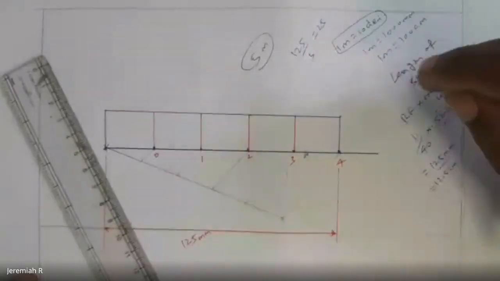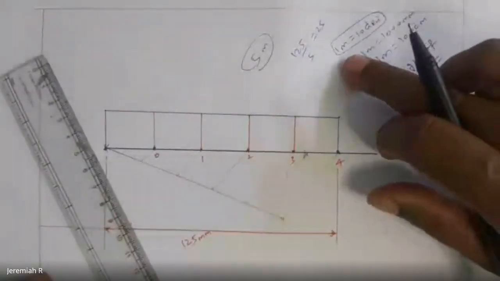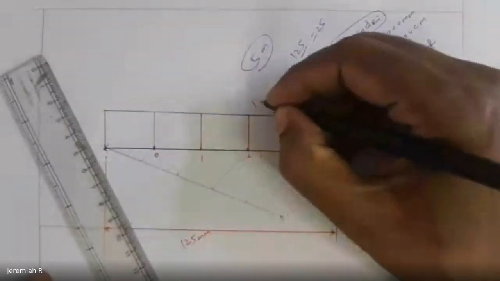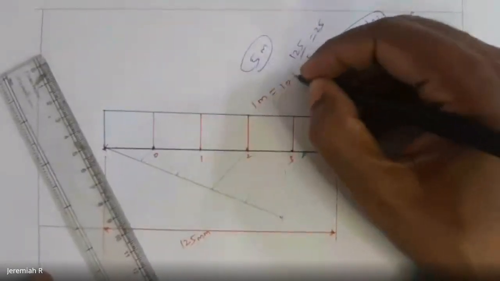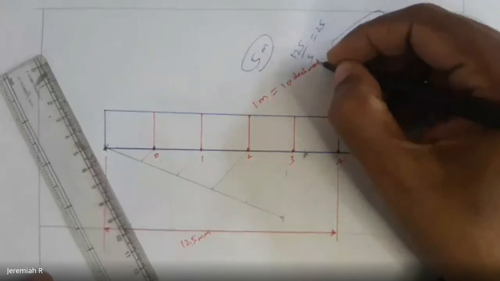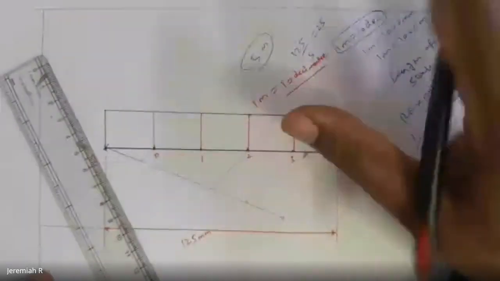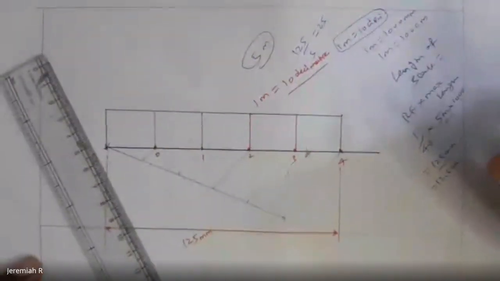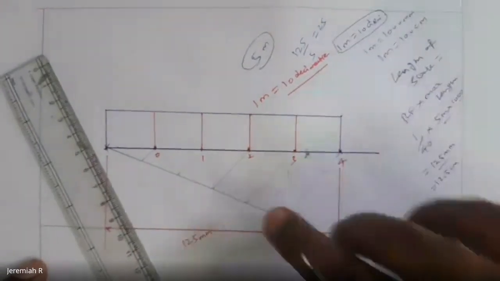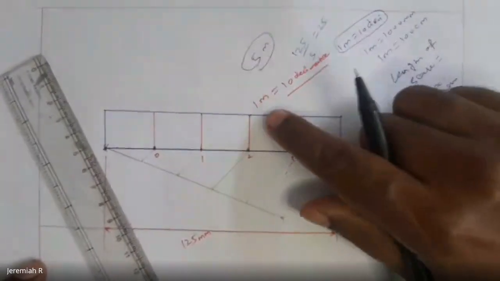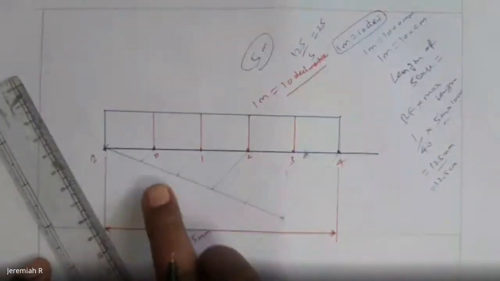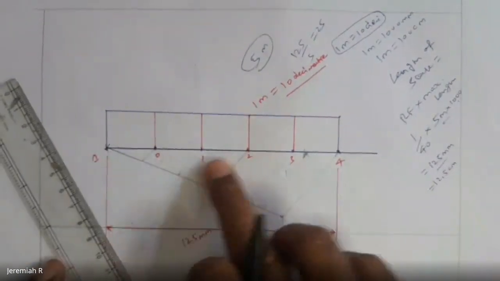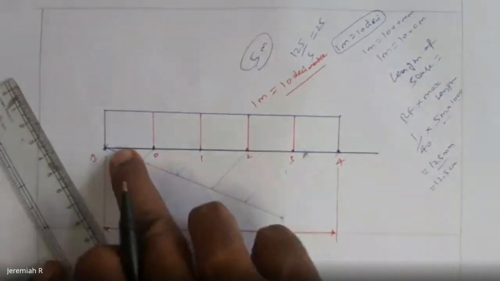So we already know 1 meter is equal to how much decimeter? You have to remember this. 1 meter is 10 decimeter. I already told you we have to remember these units; there is a standard proportion for each unit. You should remember all the proportions, then only you will be able to solve the problem. So this is 1 meter, this is 1 meter, each is 1 meter.